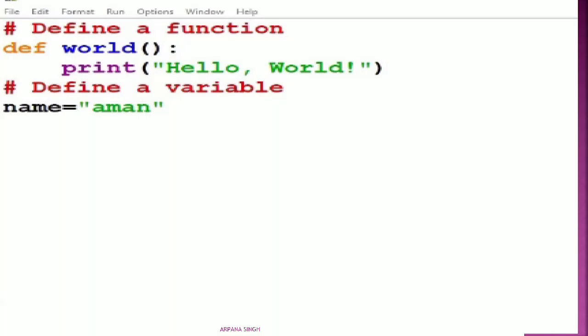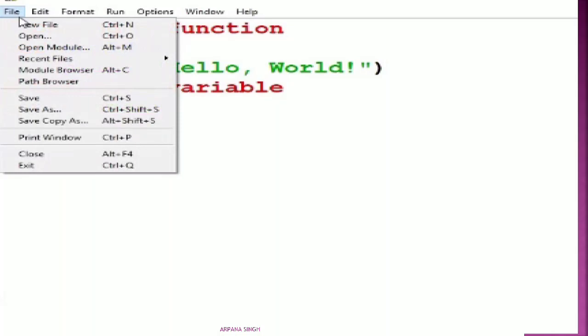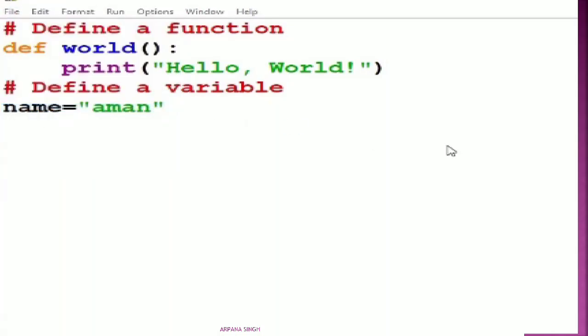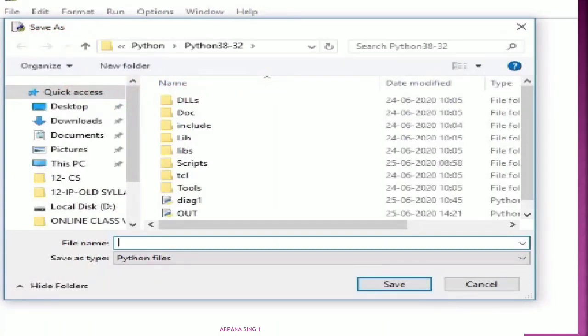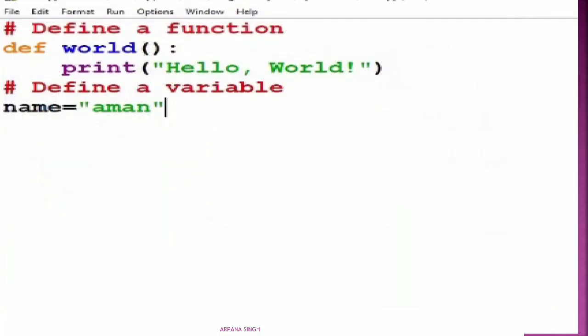Written in IDLE IDE, def, and we will save this file. Save as, and the file name, it was hello.py. So let us save with the same name, hello.py.